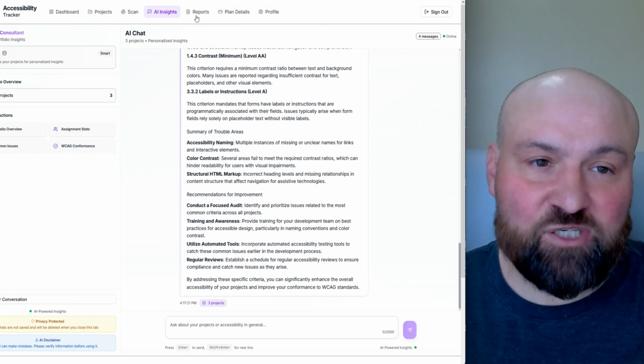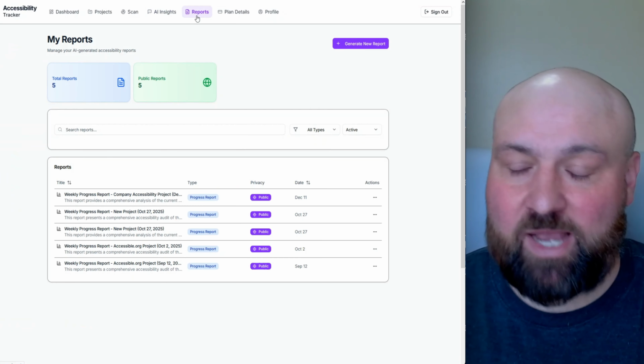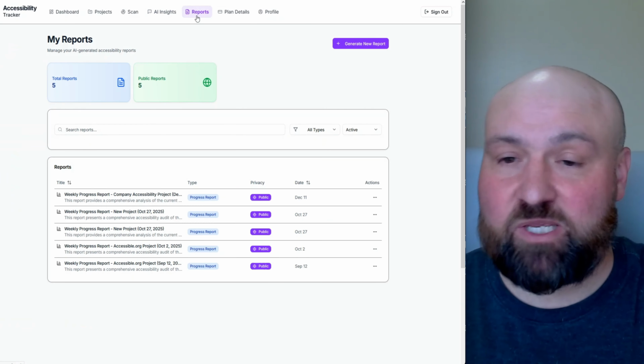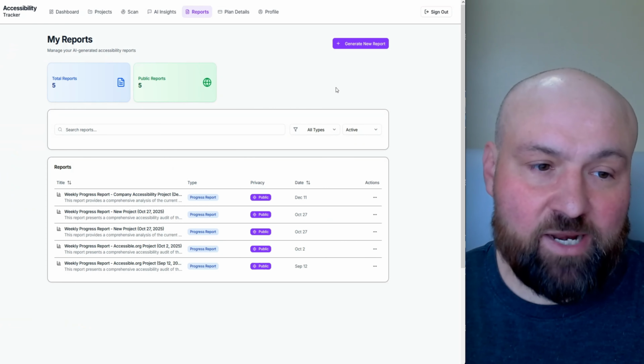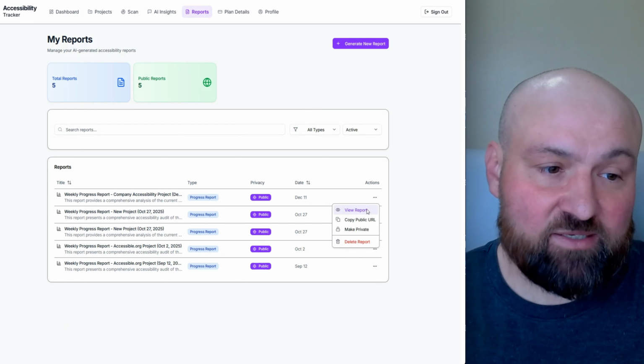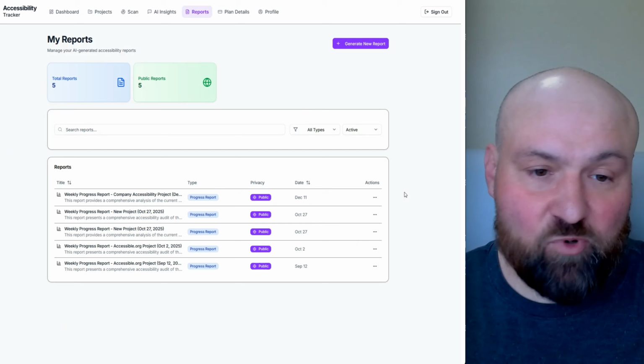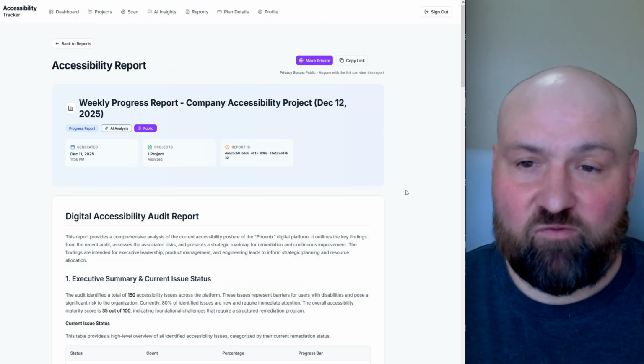We also have AI-generated progress reports. So let's say you need to report back to a leadership team, to management, to an executive, whoever you're reporting back to. We can now generate AI audit reports and really have an executive level summary of what's going on here. So I'm going to view a report, because it does take a few minutes for AI to generate a